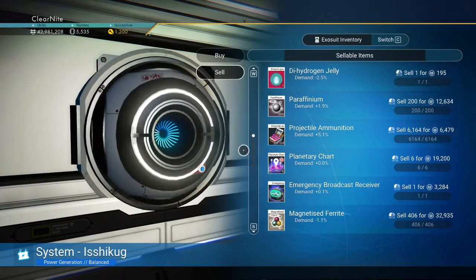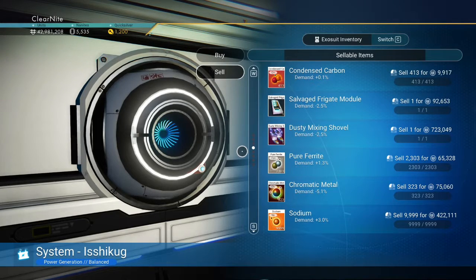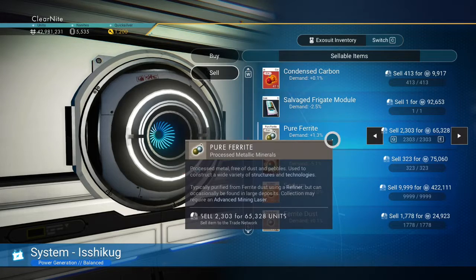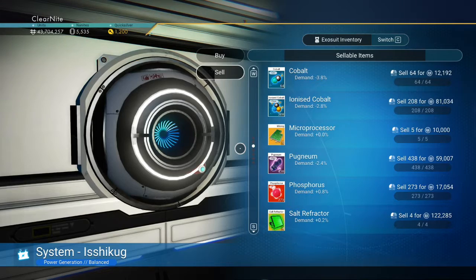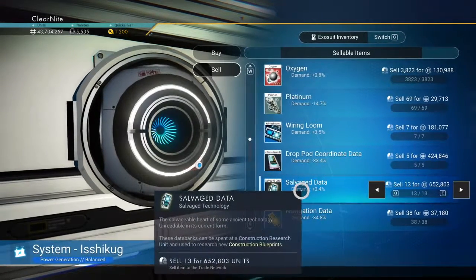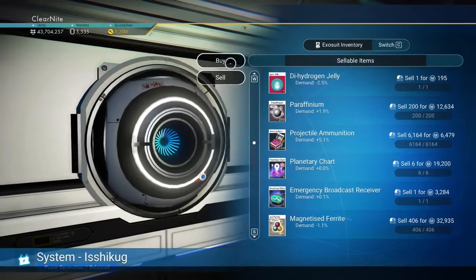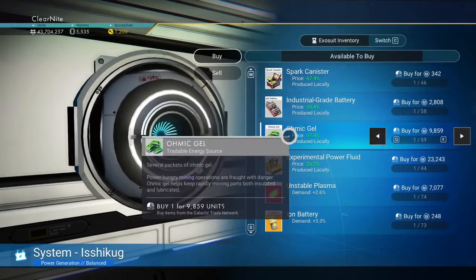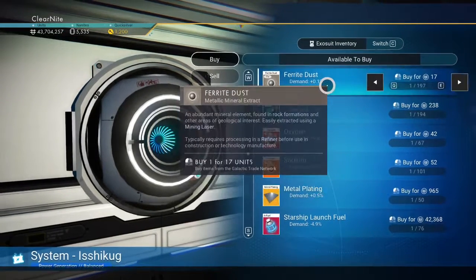Units received. Anything strike me? Well, the fact that we're selling old junk. Okay, so I got plenty. This is pretty good. Salvage data, no. I'll keep that. Alright. There's a few new things I haven't seen before. Maybe I'm just not seeing it prior. Alright, ferric dust's always...